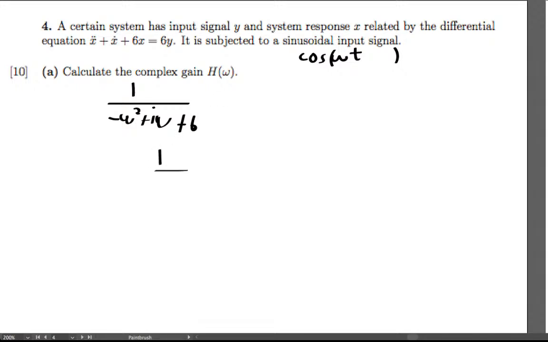1 over 6 minus omega squared plus i omega. And you can basically write this guy again if you want to make it into a much nicer view. It would be 6 minus omega squared, plus, no, it's minus i omega, divided by 6 minus omega squared